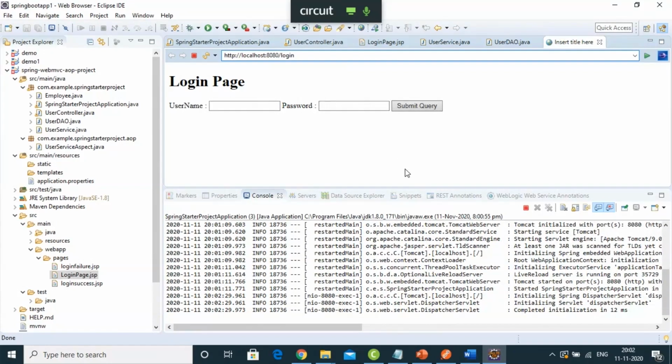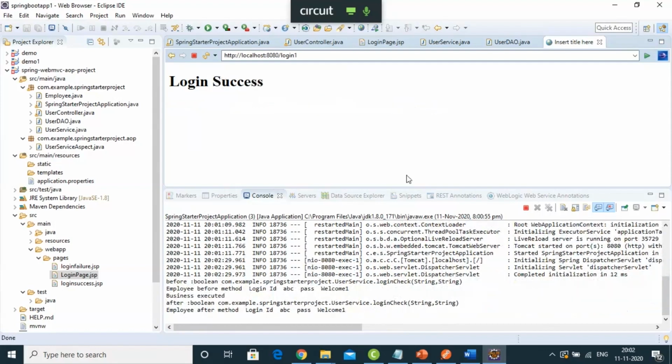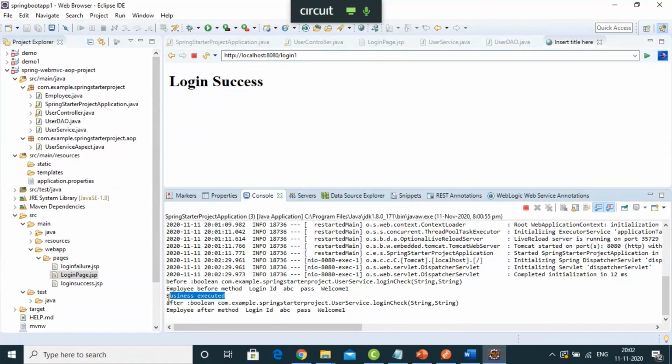So I got the login page. Now here you can insert one ABC, right? ABC. The password is welcome on. If you see here, business executed, where you have written, let's see, in the user service,